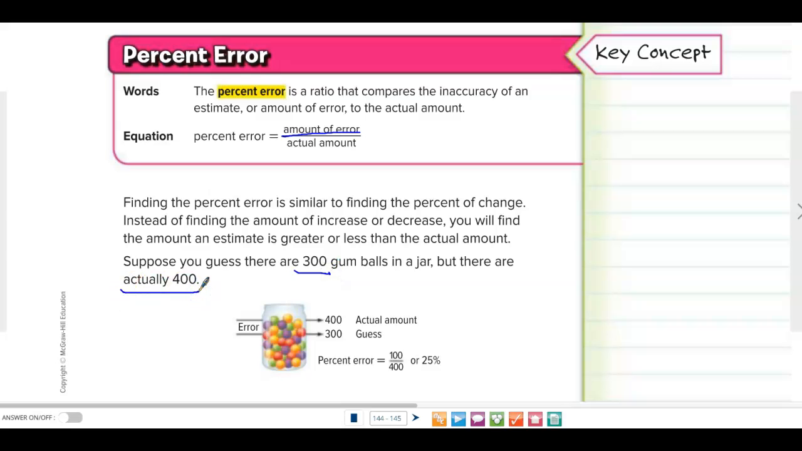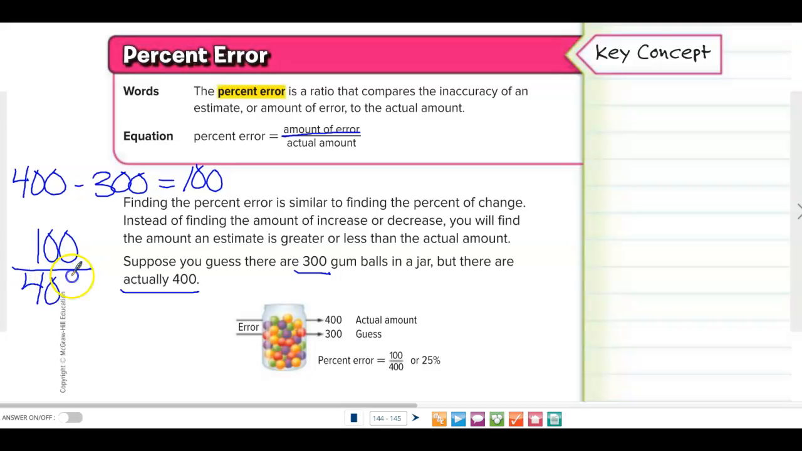To figure out our percent error, would we take the amount of error? So how much were we off by? 100. Because we took what? 400 minus what? 300. And you got the answer of 100. Okay, so that was our amount of error. And we're going to divide it by the actual amount, which was